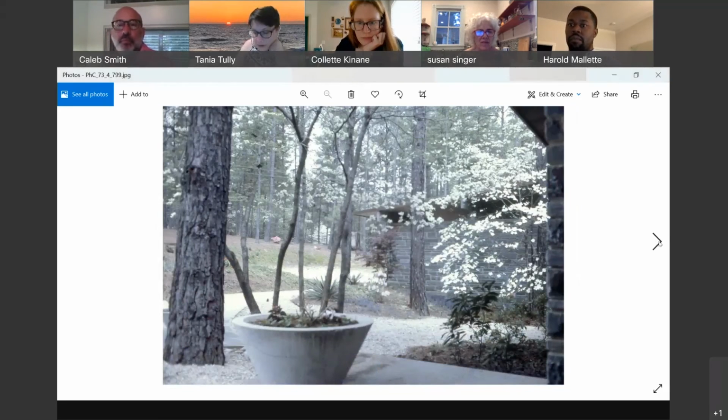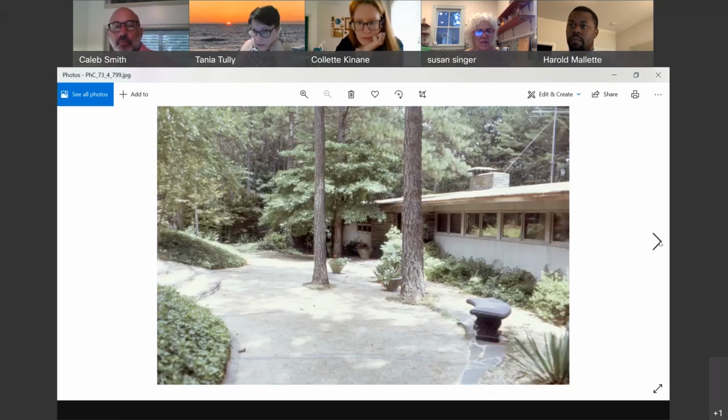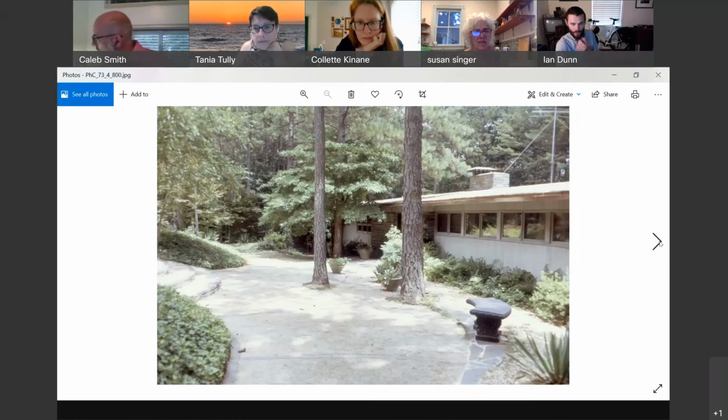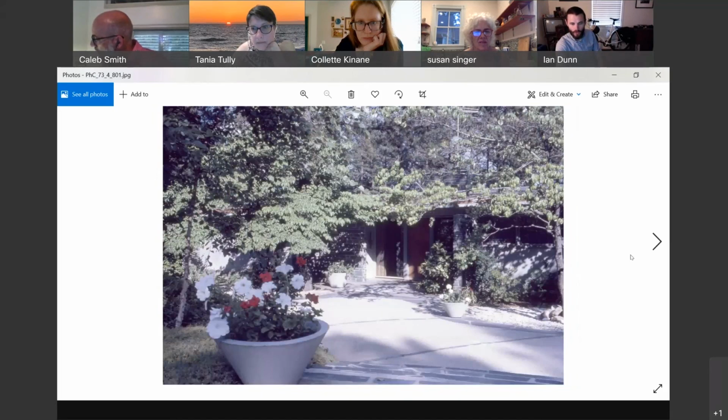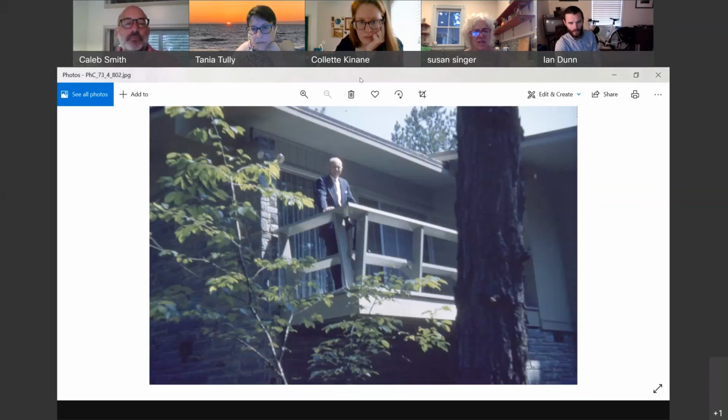So these were taken between 1959 and 1967, I believe, by F. Carter Williams, the architect of his own house that you can see here. These pictures aren't really that flattering of it. It's a really remarkable house. You can look up pictures of it. Our State, I think, or maybe it wasn't Our State, it was another magazine that did a feature on the house a couple of years ago. And that's F. Carter Williams right there in